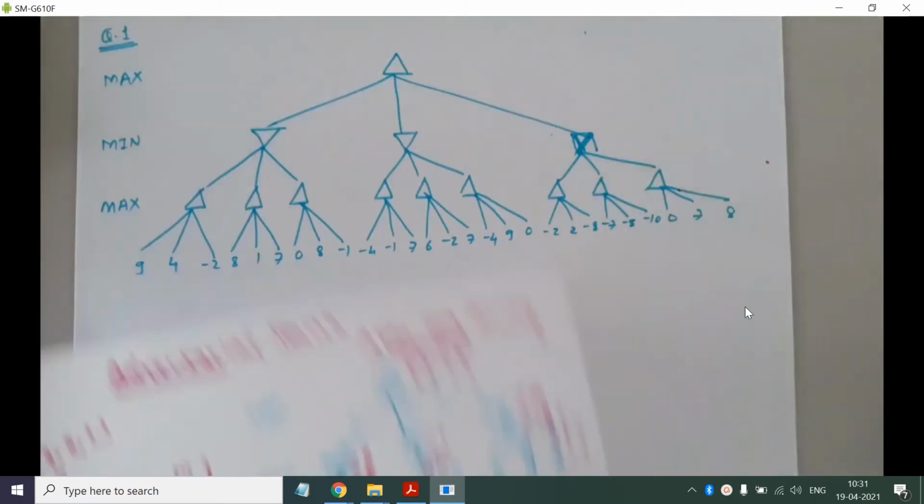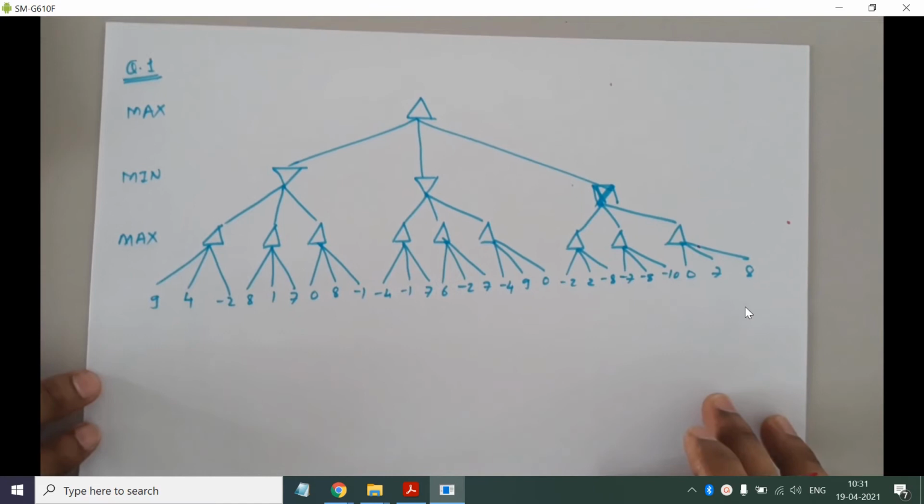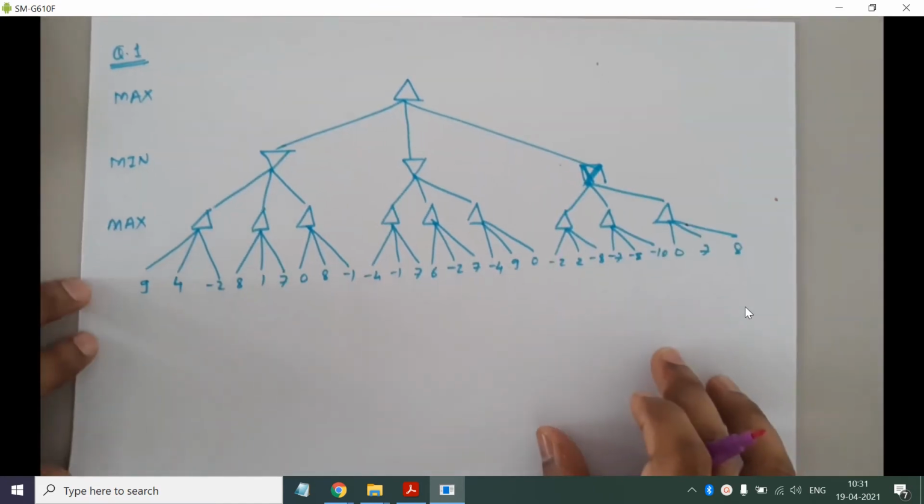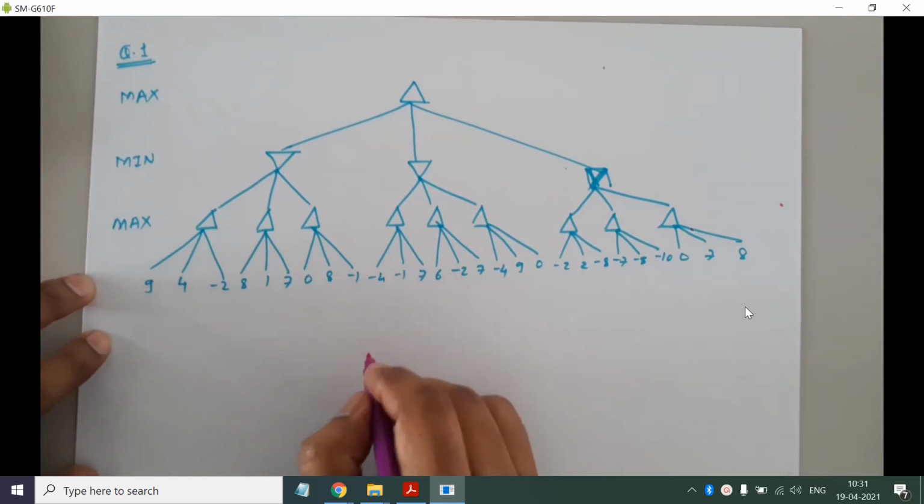Okay, so I have given this example as a homework problem to you. Let us solve this. So you have the solution with you, right? So please cross check your answer. So let me write the condition here.